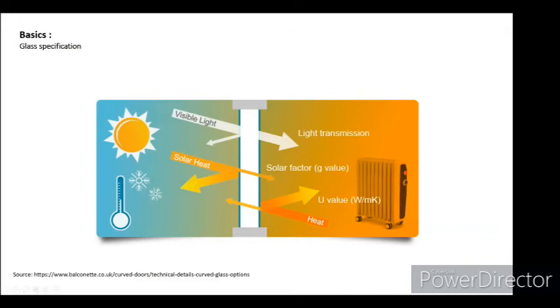Whereas G value is more about radiation. It tries to keep the heat out, especially in a country like India, where we have a lot of heat and a lot of cooling demand. We always try to keep as much solar radiation outside. So always look for a lower G value and a lower U value. But G value plays a major factor compared to the U value in India.